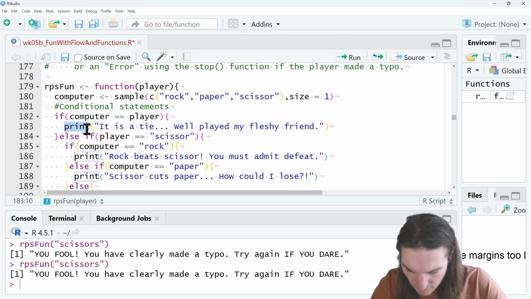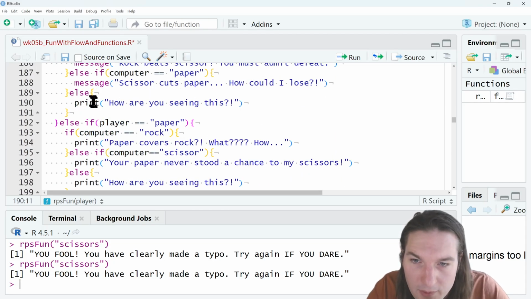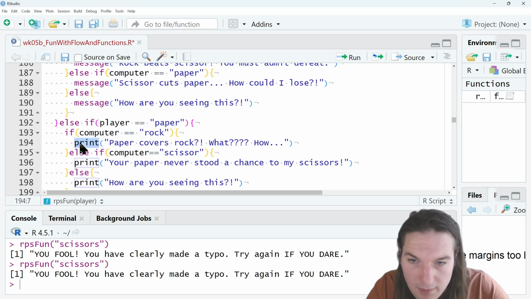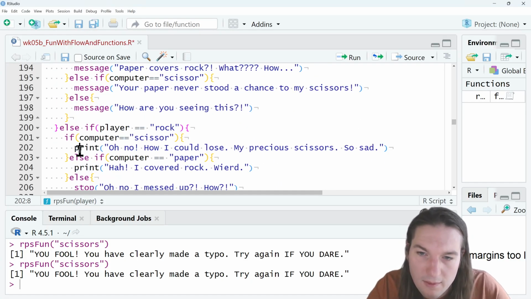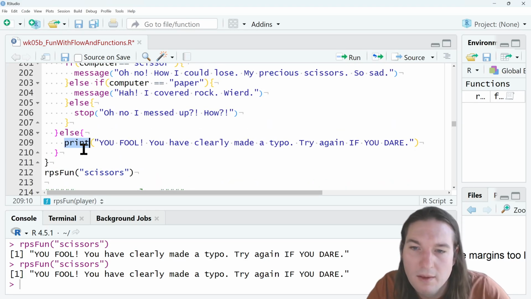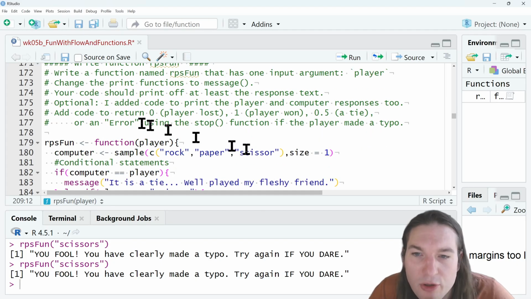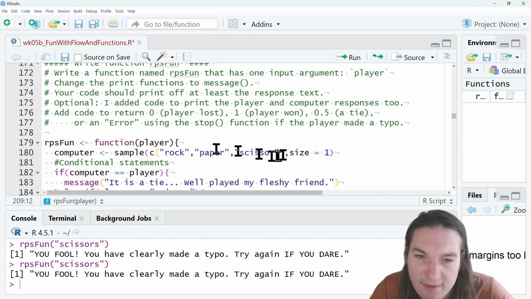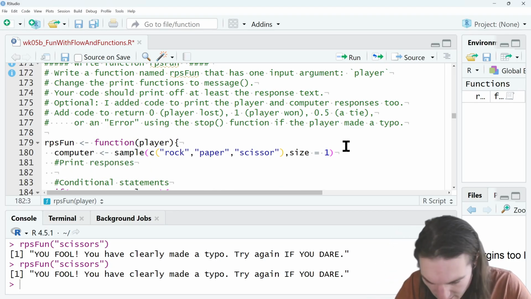So I'm just going to have to scroll through this. Yeah, there we go. Done. You should have at least the print. Your code should print off at least the response text. So I'm going to add some printing. Print responses. So print